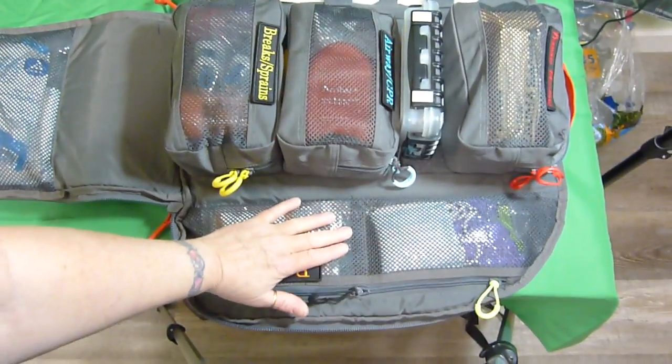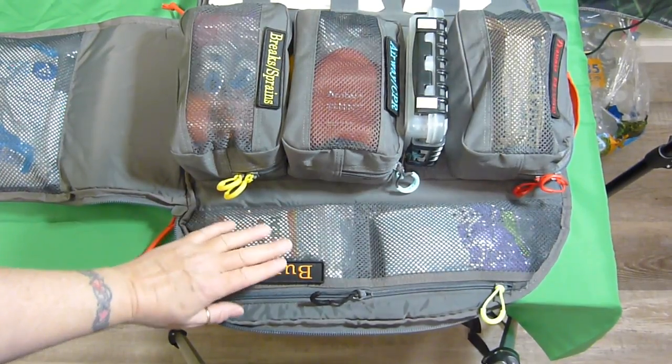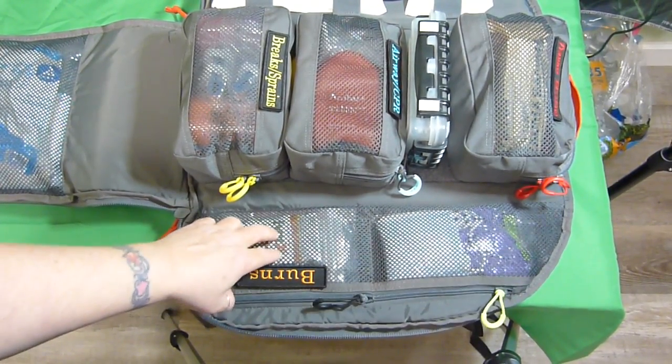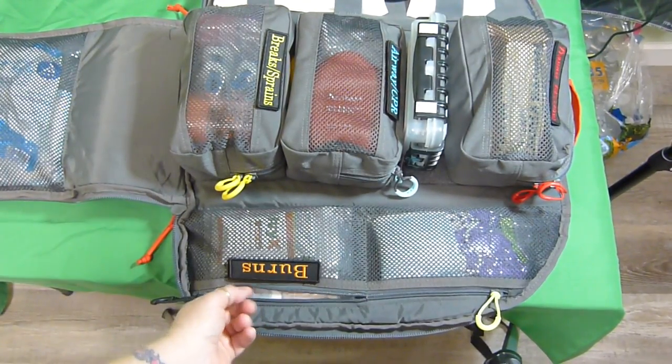But these pockets here, these mesh pockets, they're not really large, but you can get a lot of stuff in them. Really like them. They're see-through mesh. There's no protective material behind here, so they are open, so dust and dirt can get into here if the bag is open. So in the burn section,